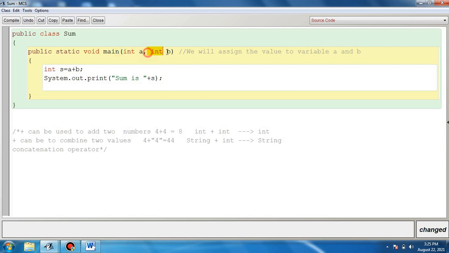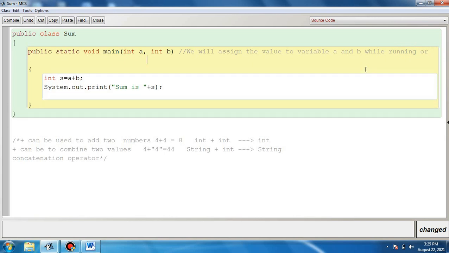These variables are declared as parameters, and the values are assigned while running the program, that is, while calling the main method.